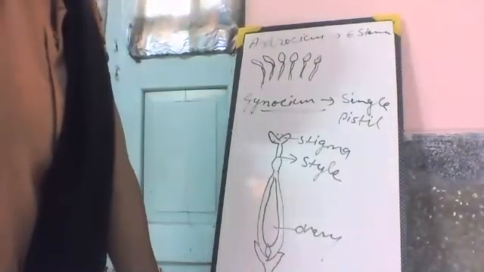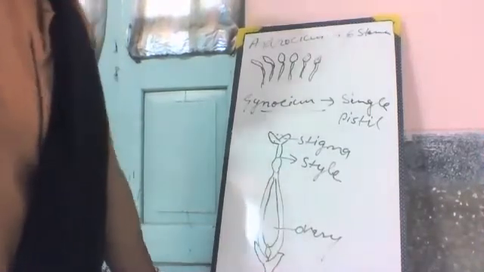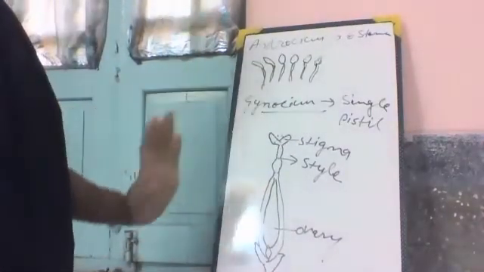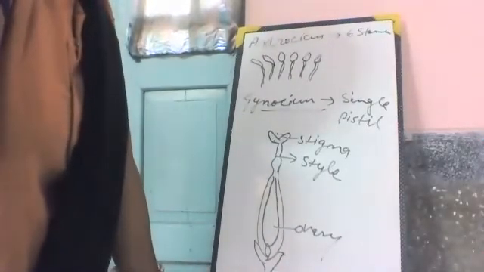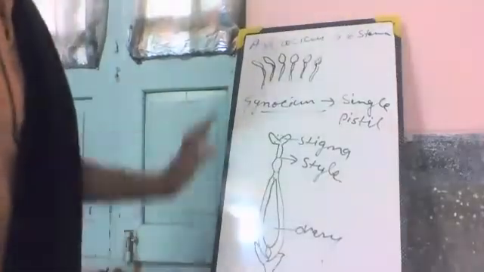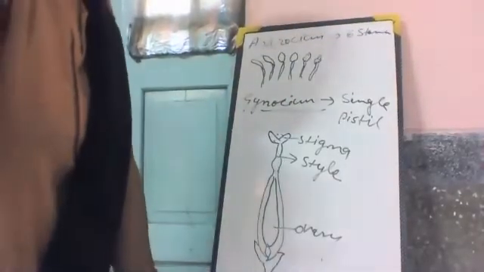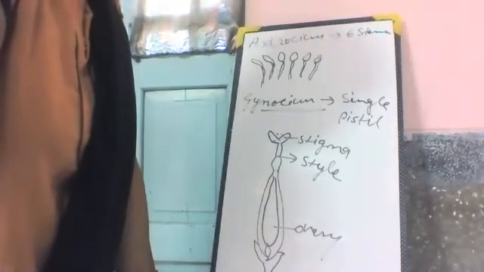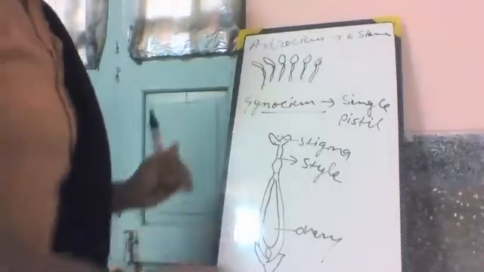Calyx are four in number, green in color and sepals are free. They are free. They do not attach at the bottom. Corolla are four in number, yellow in color and petals are free. They have a free base. Androecium consists of 6 stamens and the pistil. One pistil is present in this flower. This is the study of the sarson plant or mustard flower.